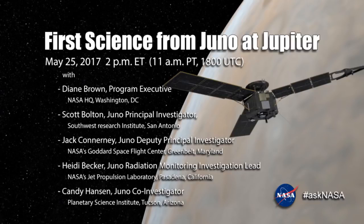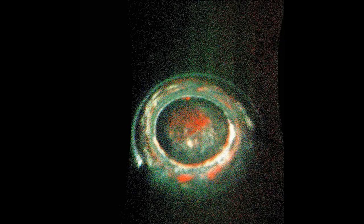Okay. In that picture, we had always assumed that if the ultraviolet emissions are coming from deeper in the atmosphere, which is what that color represents, it was simply due to particles that were so energetic they were penetrating deeper than the rest of them. And we really never considered the idea that maybe they're just being accelerated out of the ionosphere. And indeed, when we crossed the polar cap, the electron detector, JEDI, measured electrons moving up